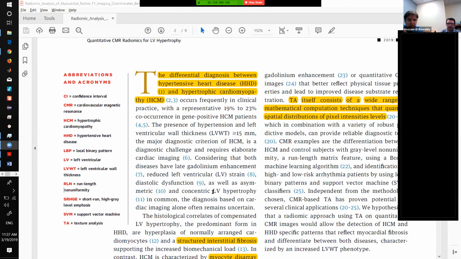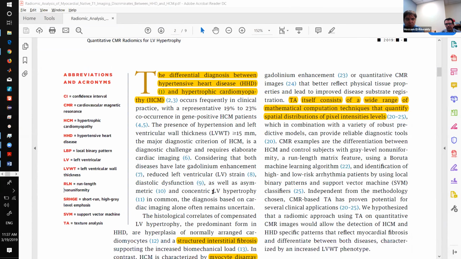there is a clinical need for improved differentiation between hypertensive heart disease and hypertrophic cardiomyopathy, which is based on the fact that in roughly 25% of cases, hypertrophic cardiomyopathy patients have actual hypertensive heart disease, and the fact that only 60% of hypertrophic cardiomyopathy patients are actually sarcomeric positive. This can be established by imaging, and there are lots of features that are already investigated and dedicated to this problem. But